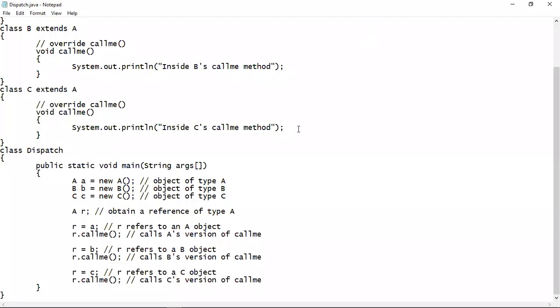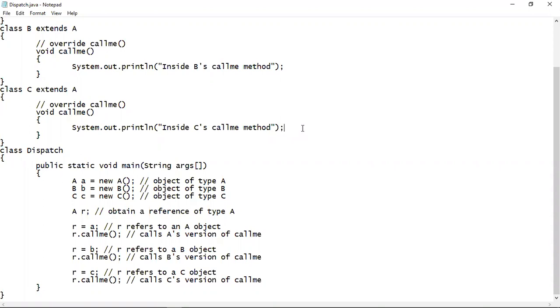So here we can see that this program assigns a reference of each type of object that we have created into the R reference variable, and the program then uses that reference to invoke the callme method of all the classes.